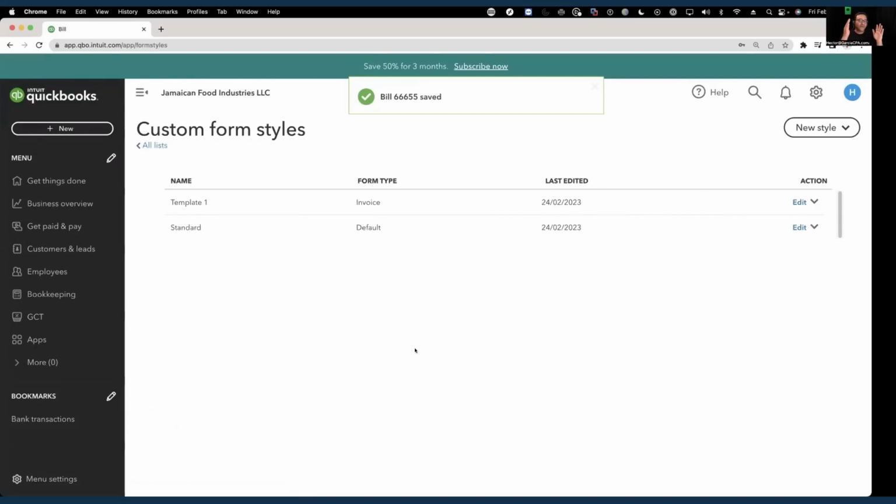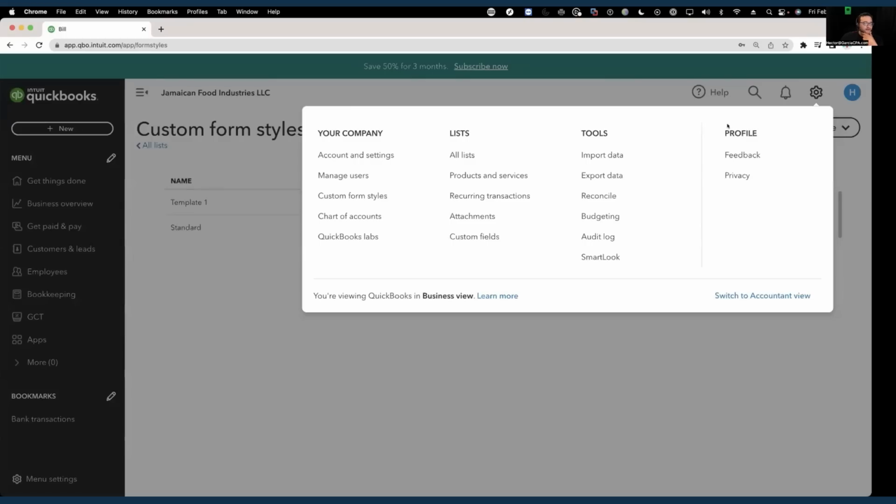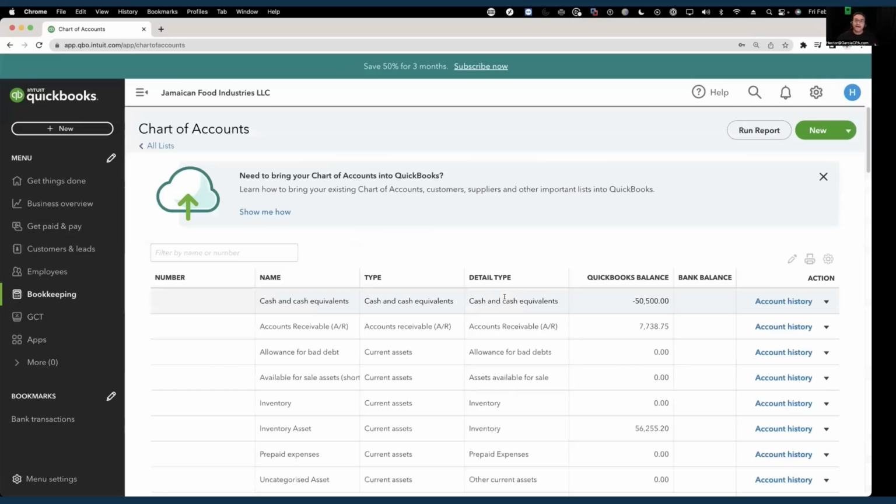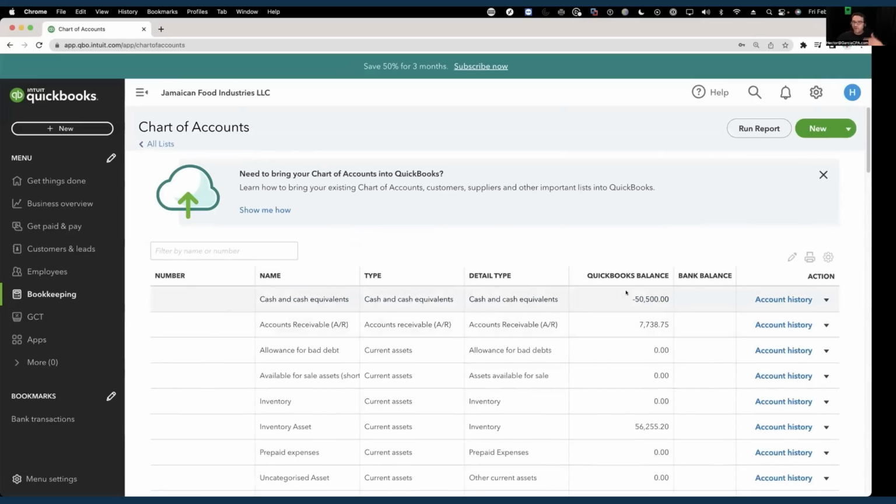So now you saw how we entered invoices, and you saw how we entered expenses, and we saw how we entered bills. Now, one of the other common ways of entering transactions like that is to go straight into the bank register or straight into the check register. So we're going to click on the gear menu, and then we're going to click on chart of accounts. And we only have one account in this chart of accounts that we're using for all these transactions, which is this cash account. Again, let's assume that's my petty cash account. And I can click on this little drop-down menu, and I can actually,